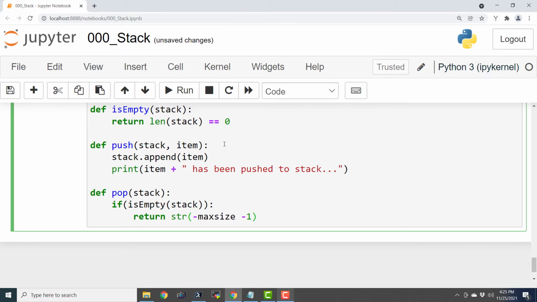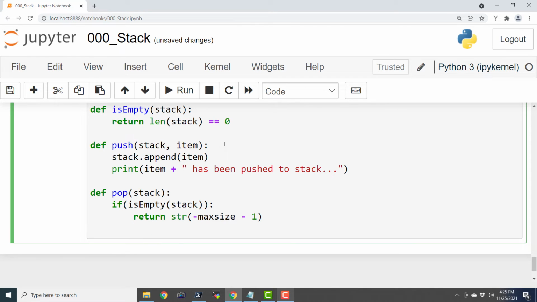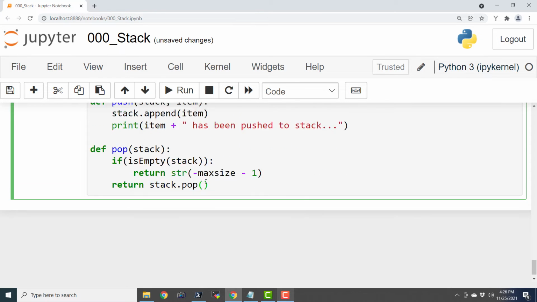Okay, and yeah, it is cool. And finally, we are returning stack dot pop. That's it. So this is the first check. Otherwise, if we directly try to pop an item from an empty list, it is going to throw some Python error, which we really don't want. That is why we defined a custom function is empty, and it is going to return a Boolean value, true or false. Based on that, we can take further decision.